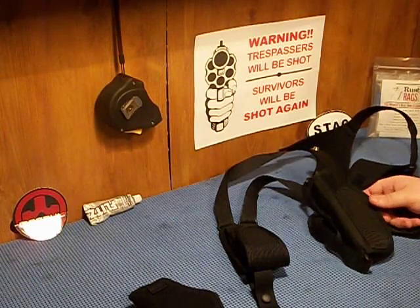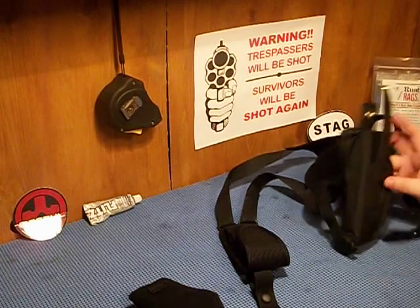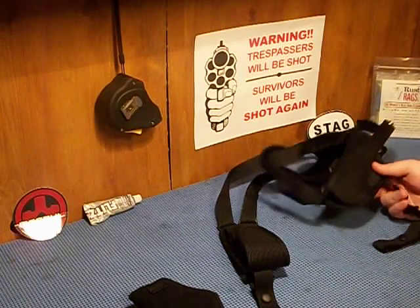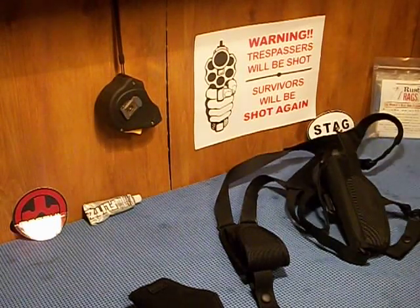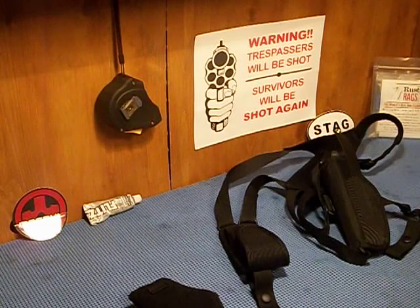I went to Knob Creek Gun Range. They did me real good on this. The dude was pretty good. Of course, you meet your pricks occasionally. The guy who owns the place and a couple of the dudes who work up there are really nice guys. There's an occasional guy who is a prick. I'm not gonna mention any names, but they do. But if you talk to the owner, he will do you right. He's a good guy. But anyway,